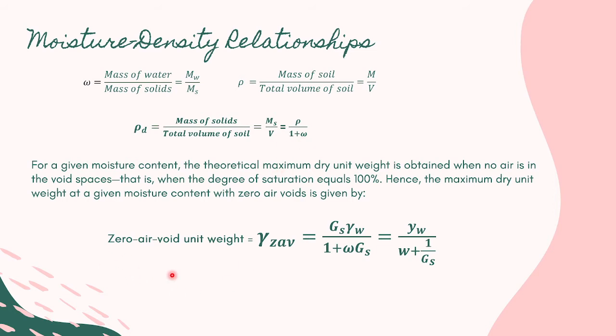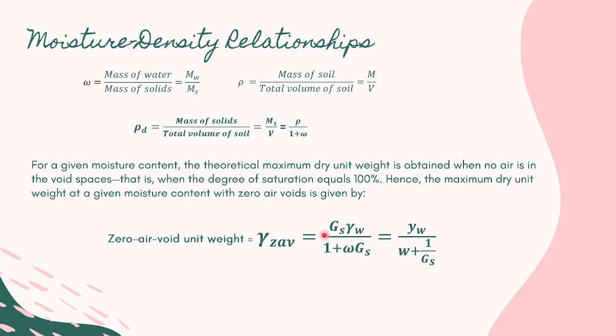And we have also the zero air void unit weight. So for a given moisture content, the theoretical maximum dry unit weight is obtained when no air is in the void spaces. So when no air is in the void spaces, the degree of saturation is 100%. Hence, the maximum dry unit weight at a given moisture content with zero air voids is given by this equation,